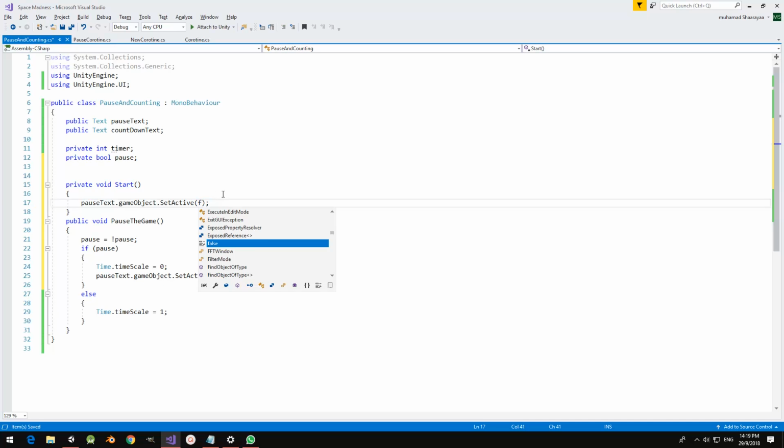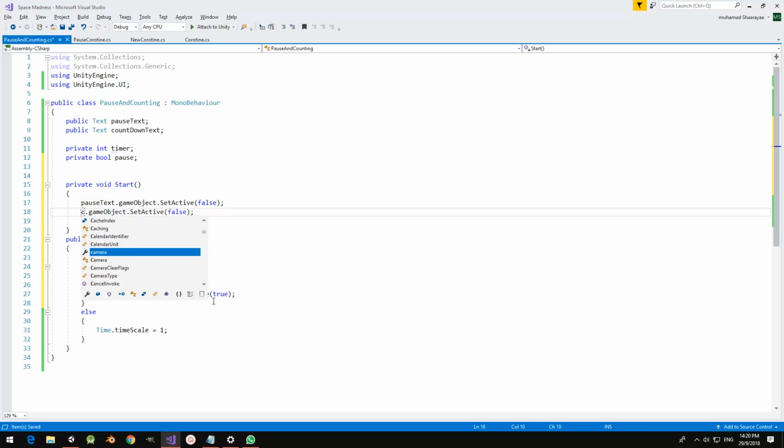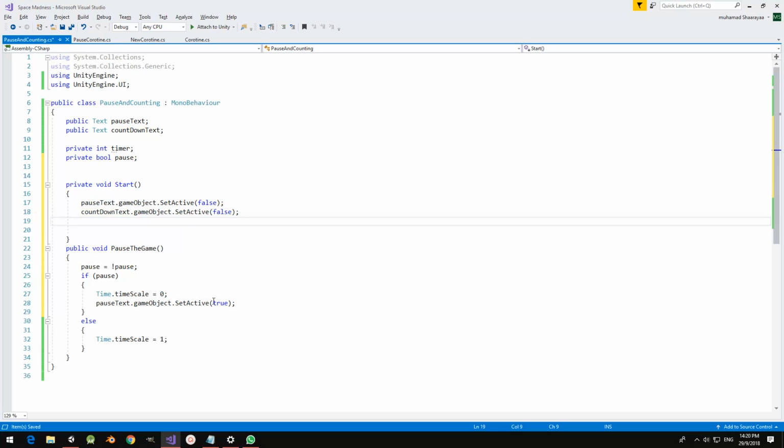And here, at the start of the game, the pause text will not be visible. So basically, pauseText.gameObject.SetActive is false. Now, the same thing we're gonna use for the countdown text. That's good. Now, because we're in the Start function, let's set the pause boolean, the pause equals false,